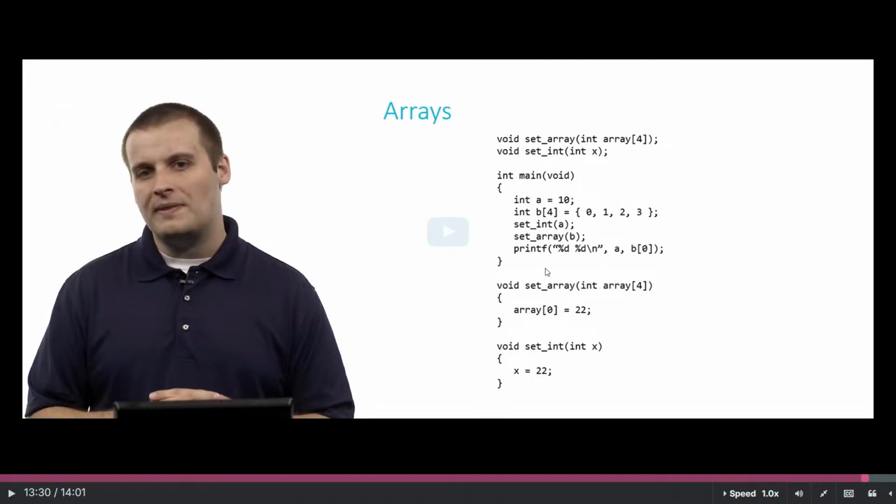Look, int a equal to 10, int b[4] equals